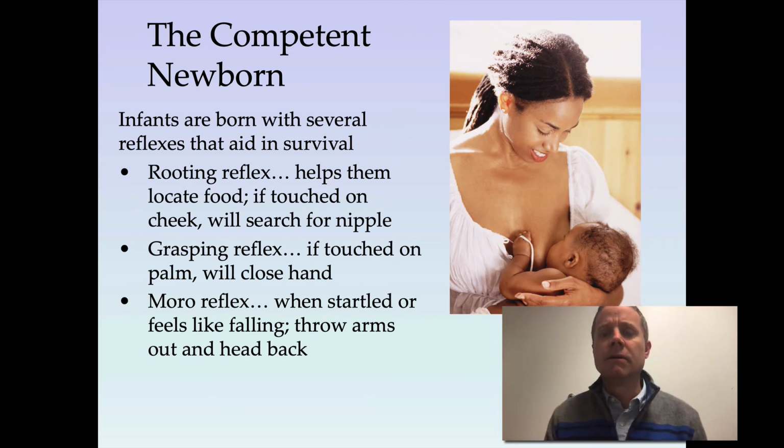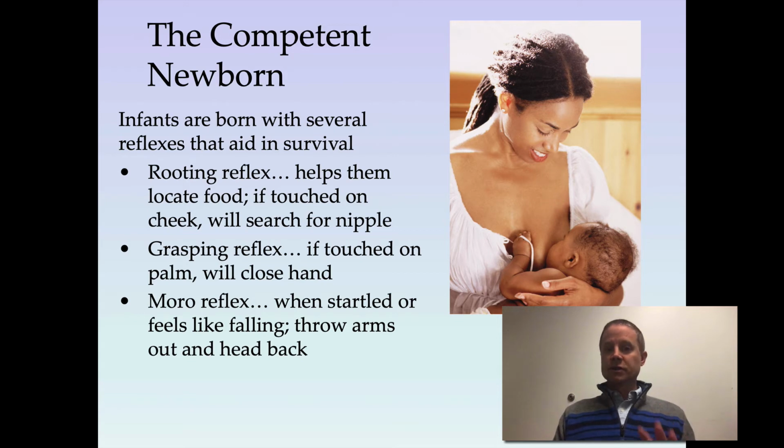What about when the baby comes out? There are three things I'm going to tell you about that babies can do right away. However, you should know there's really like 8 or 9 reflexes that babies have, but I'm going to tell you about 3. So the first one is called the rooting reflex. Babies, the most important thing they need to do is find food, which is finding the mother's nipple. If you touch a baby on the cheek, it will turn its head and open its mouth as if it's looking for food. So that's called the rooting reflex. They're rooting around looking for food.